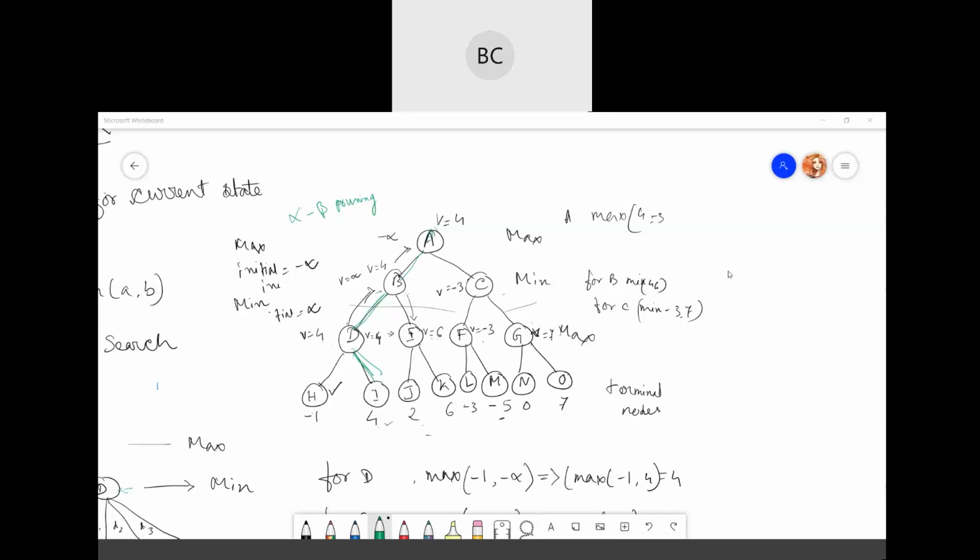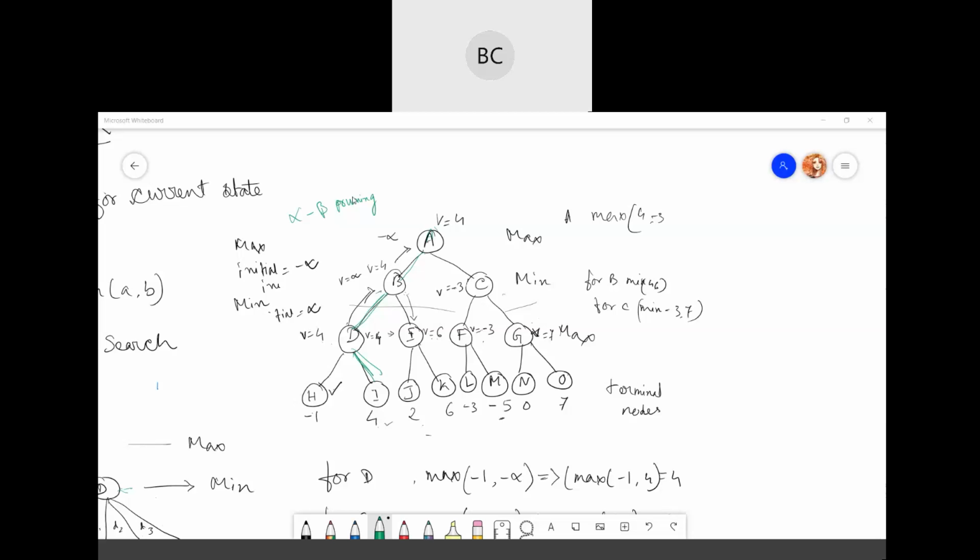So if it is clear, I can just stop here. In the next class, we'll see alpha beta pruning. In a bigger search space, it's really difficult to keep track of all these things and it takes lots of time. With the help of alpha beta pruning, we can just cut out some of the part. If we already know that following this path is not going to take us anywhere, or is not going to give us an optimal solution or win state, we are not going to check that part at all.